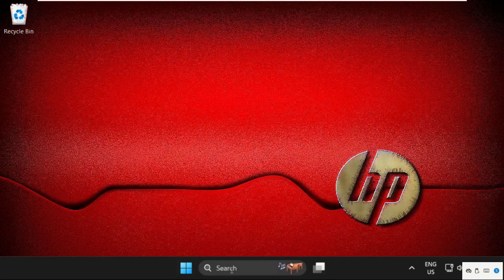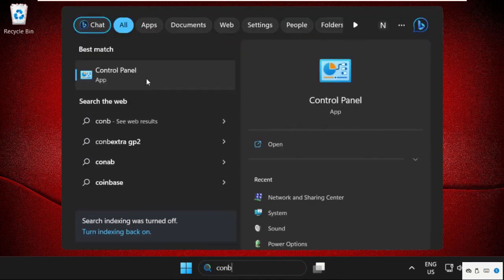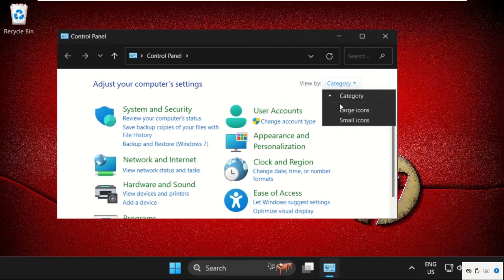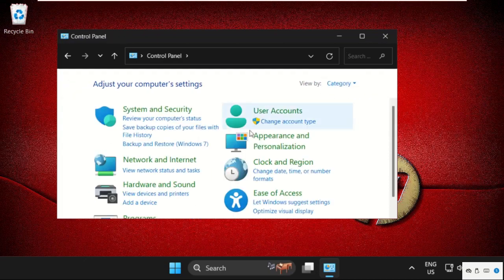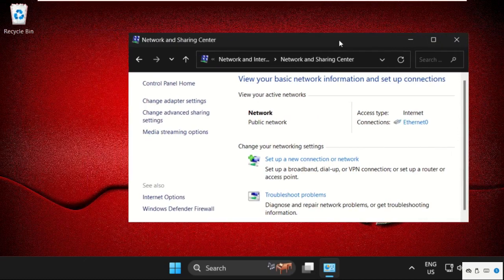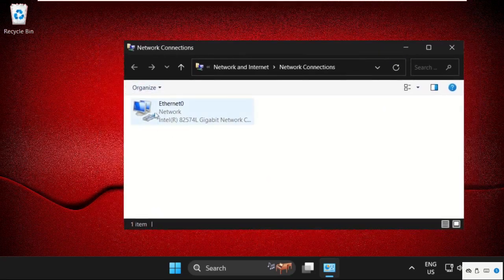After that, simply go to search bar, type in control panel, click here to open it and make sure you are selected view by as category, not the large icons or small icons. Select it and click on network and internet, select network and sharing center. On this window, select change adapter settings, and as per your particular internet connection, we need to right click on